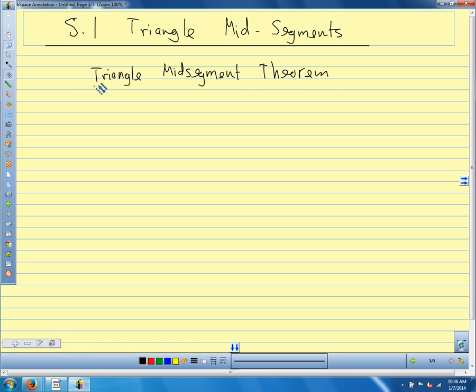And the triangle midsegment theorem tells us that the segment that joins the midpoints